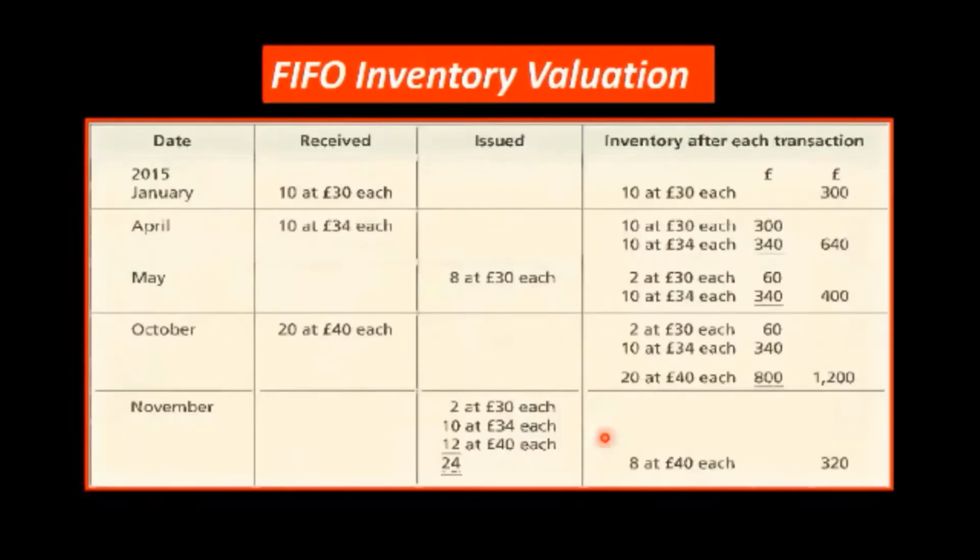Right. First, we look at the FIFO method, and it can be done in a table looking something like this. You have to have a column for the date, a column for when you receive or buy inventory. So you can see the word purchases here instead of receive. And then when you issue inventory or stock from your supply that you bought here, you will also